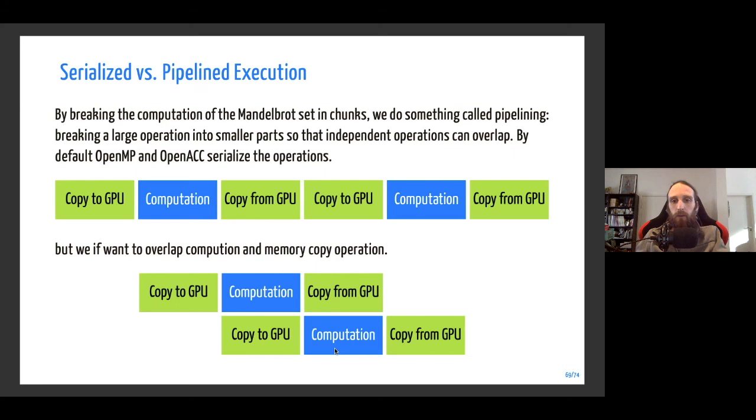And this is basically what we will do with OpenMP and OpenACC. We just submit computation and copy of the data to different streams of the GPU, and you can do that with CUDA if you want. When you launch your kernel, you can select on which stream the operation should be performed.